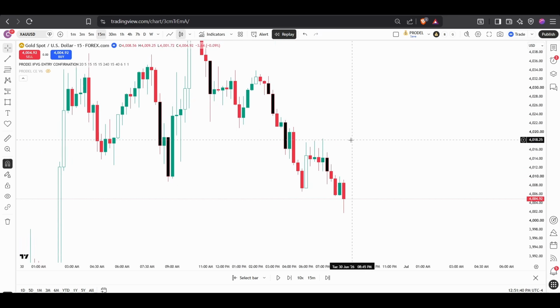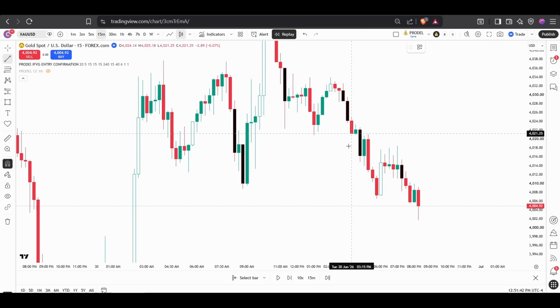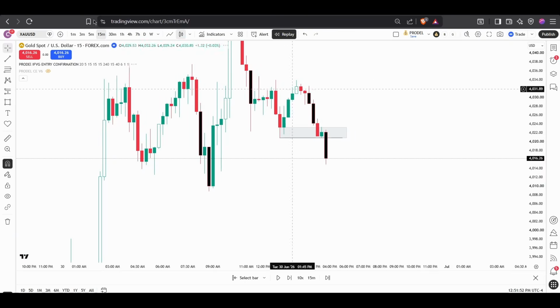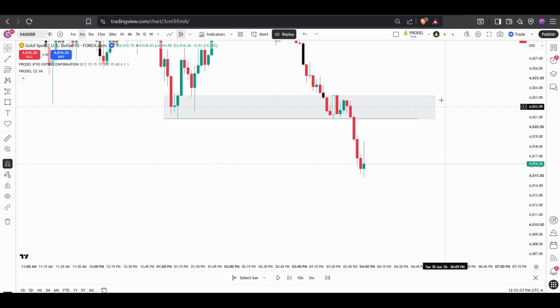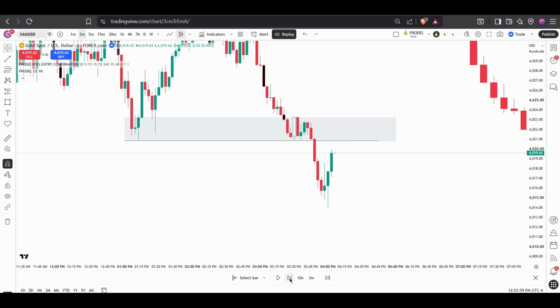And let's see another example on the 15-minute. Yeah, you can see there is the break of structure, and this is the zone. Support becomes resistance zone. Let's cut it here, and let's go to the 3-minute time frame. On the 3-minute, you can see, let's wait for the market to